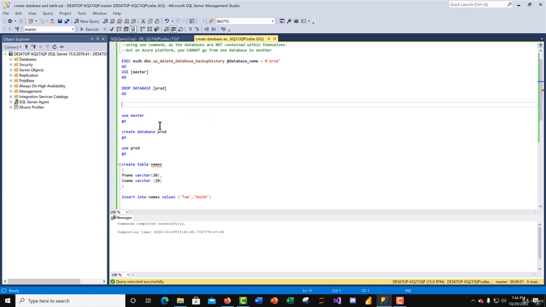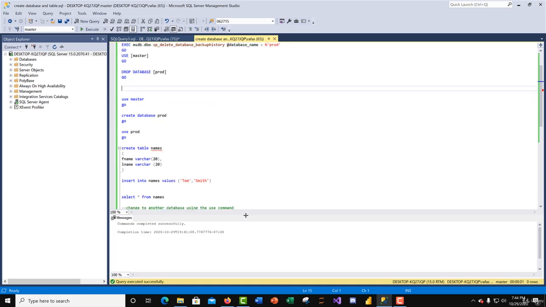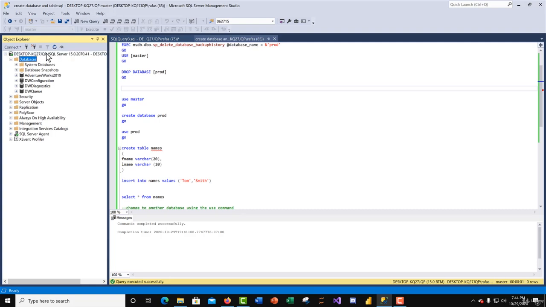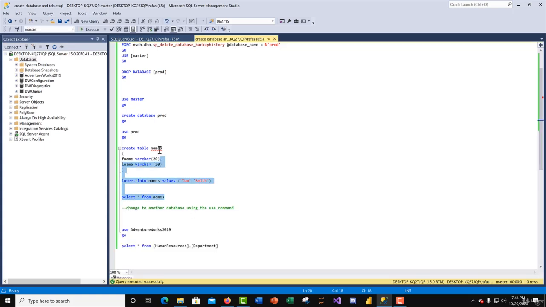So here, I'll be providing this script for you. If I expand the databases, now I'm on premises, you'll see that I don't have a database called prod. So what I'm going to do is the following. Of course, this is going to create a database called prod. It's going to use that database called prod. It's going to create a table called names. It's going to insert simply one row called Tom Smith,